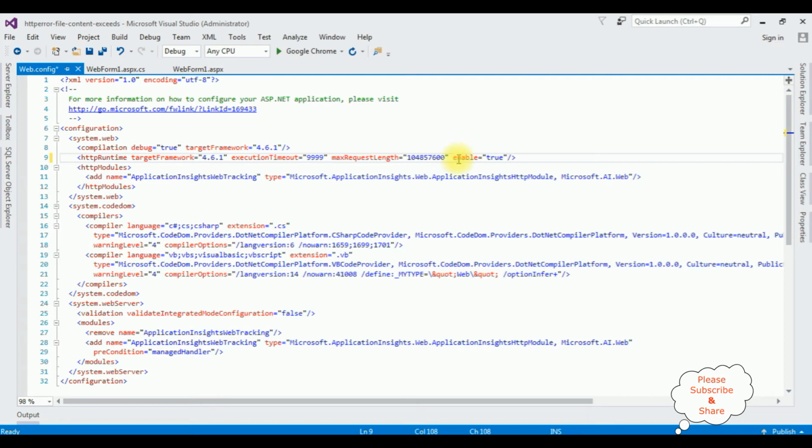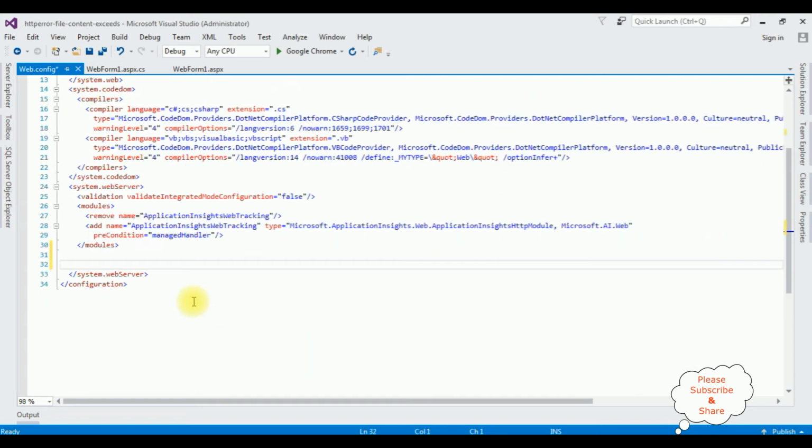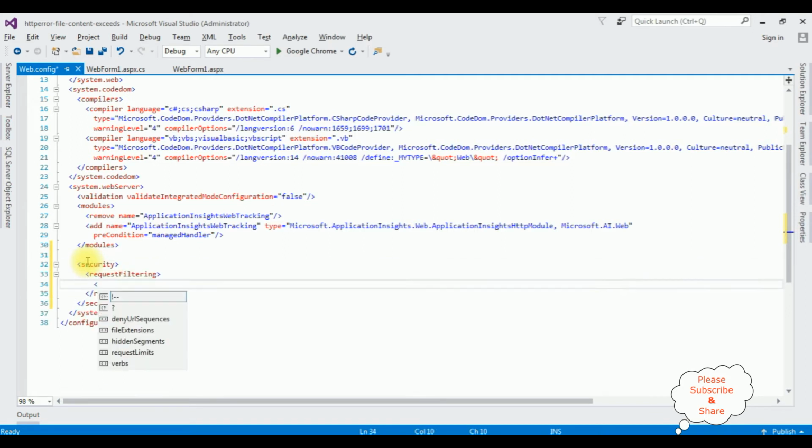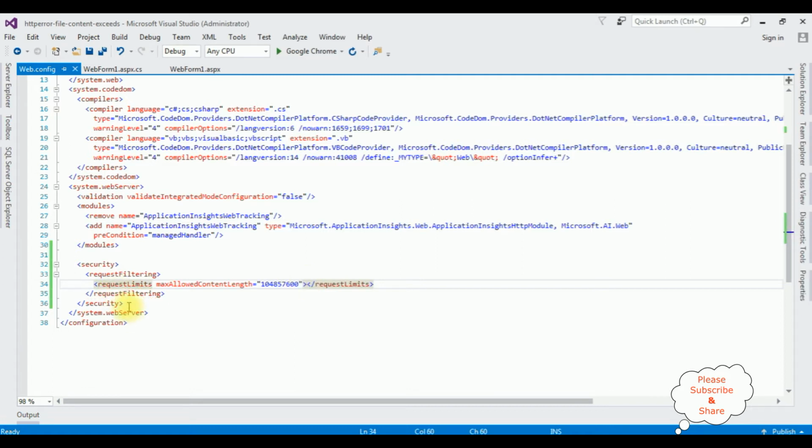After that, in the system.webServer, security, requestFiltering, I'm adding the requestLimits, maxAllowedContentLength, which is this much. After the security,